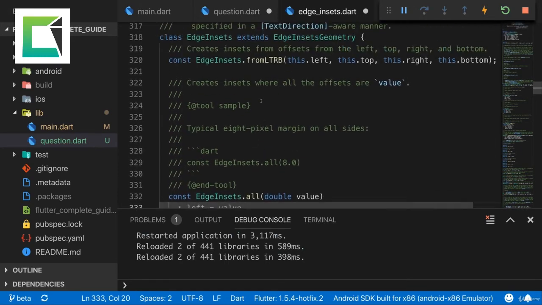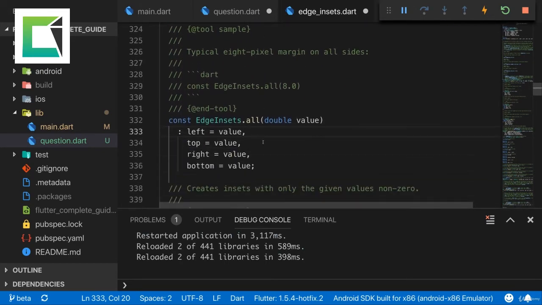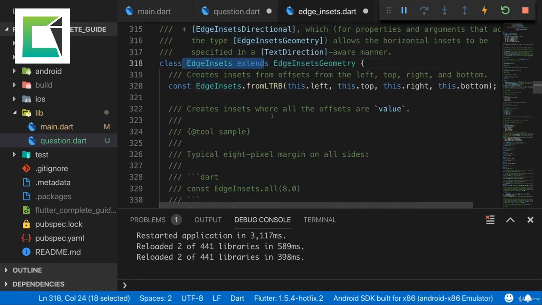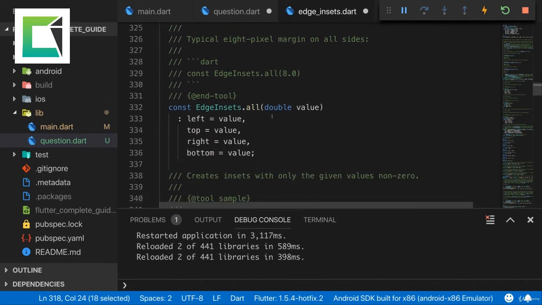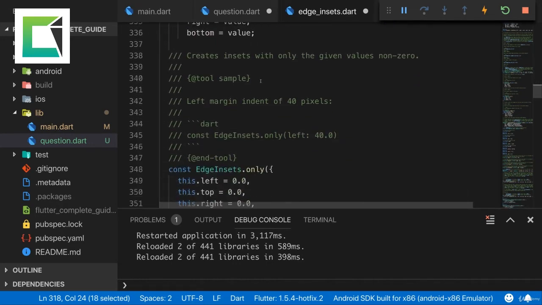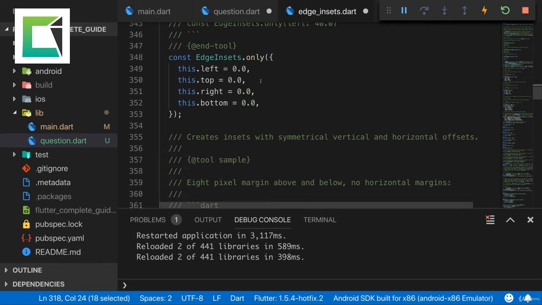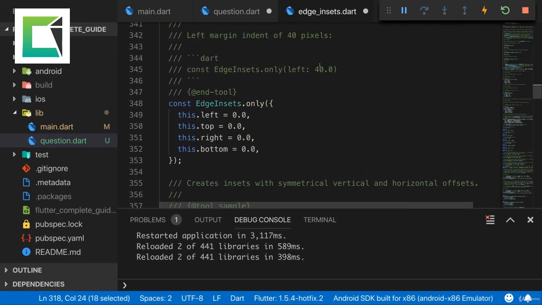Now, without diving too much into the internals here, in the end, that just means that each constructor creates a new instance of this class, but with different configurations, with different settings. And that all is just done to make it easy for you to create different edge insets, which is basically a settings container setting up spacings, setting up different edge insets containers with different configurations with these utility functions here,